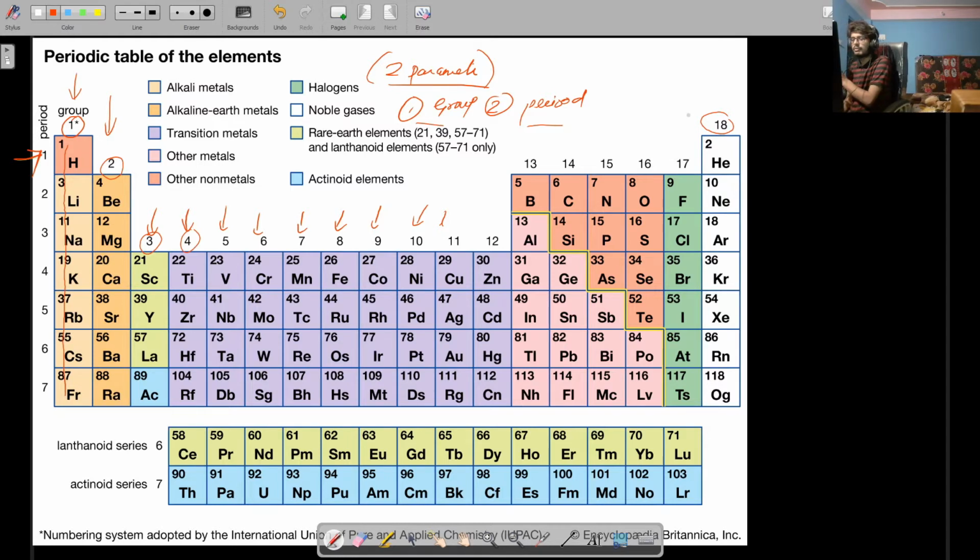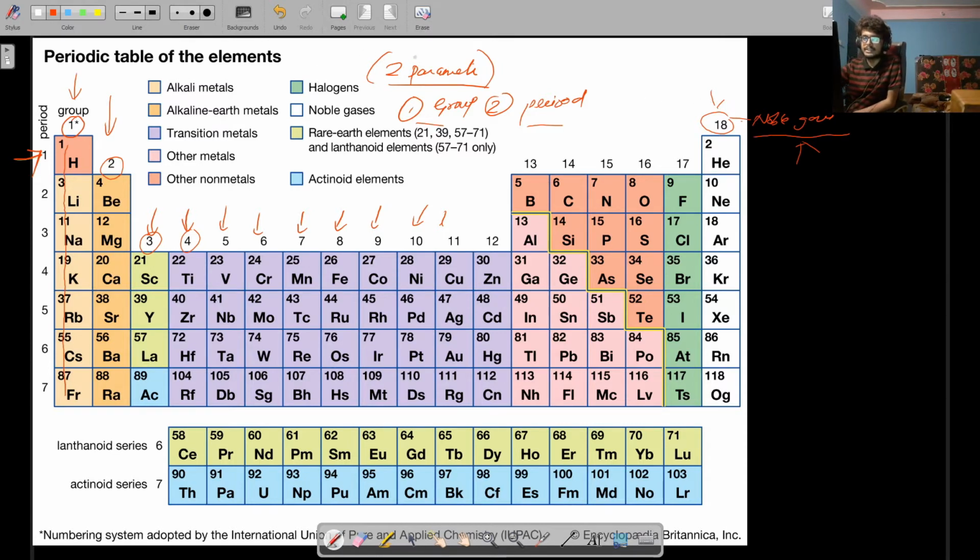So I had told you about group number 18. Group number 18 is known as the noble gases or inert gases. And why are they called noble gases? The main reason is that these are the least reactive gases. They do not react at all. In fact, there are very limited cases in which these gases react with other elements. So these gases are known as noble gases for that reason.